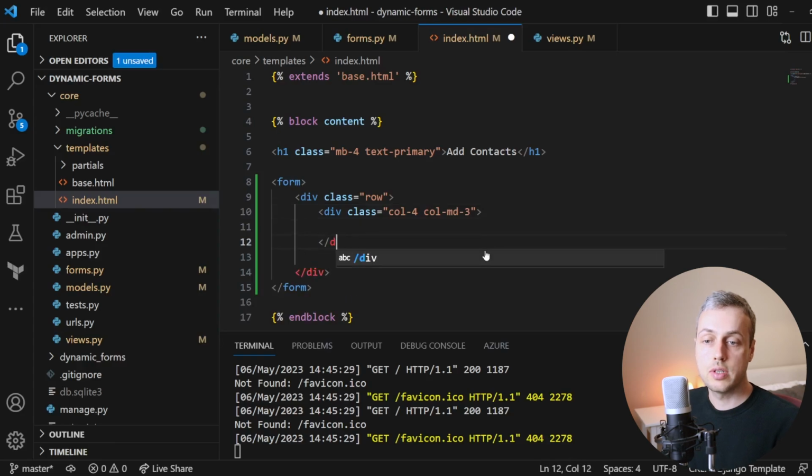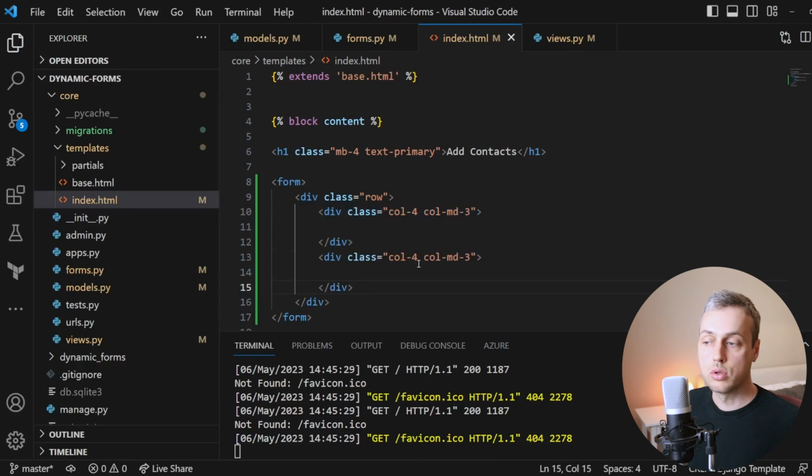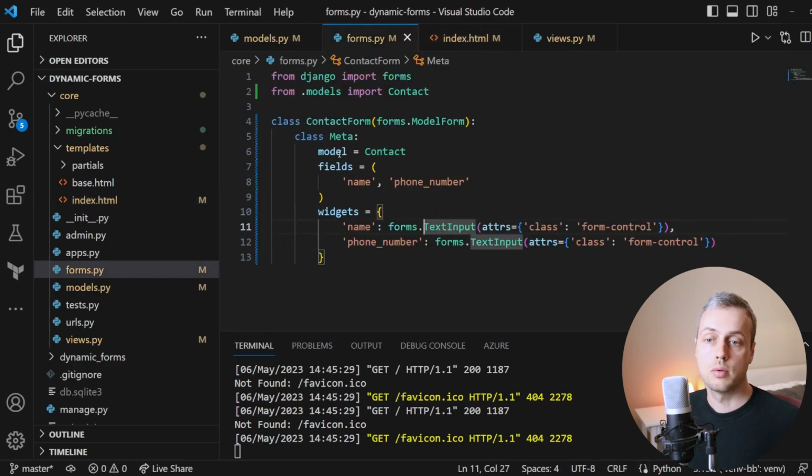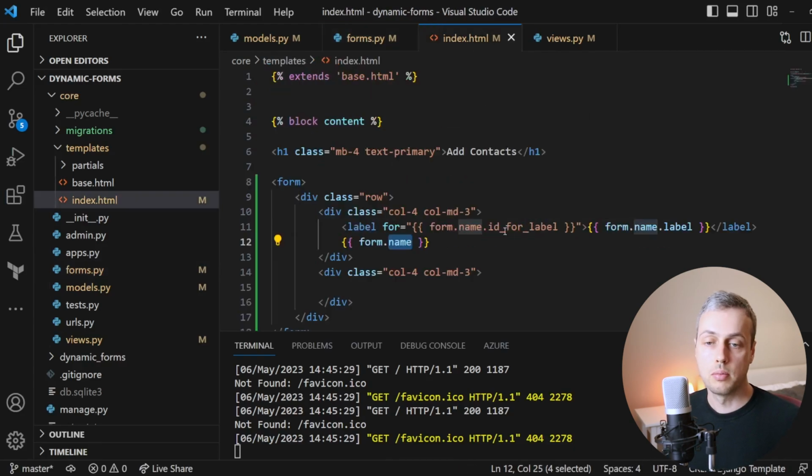and we're going to create one of them for each field in the form, and there are only 2 fields, so I'm just going to copy this and paste it below. And within each div we need to refer to the form field, so I'm going to paste more code in here. This is for the form.name, and that refers to the contact form's name field, and that's the name of the contact that we want to add on this form. So we're rendering out the name field, and we can add a label here